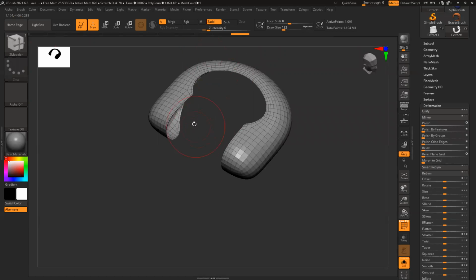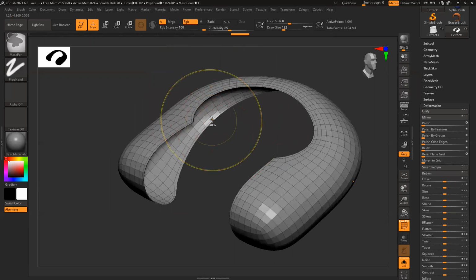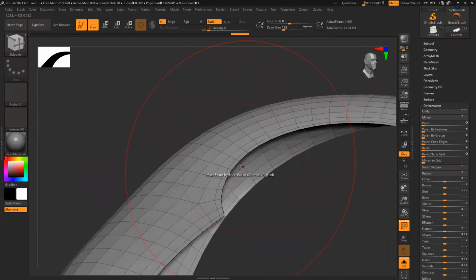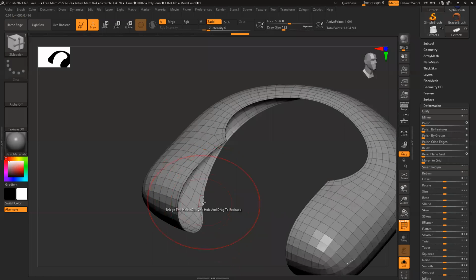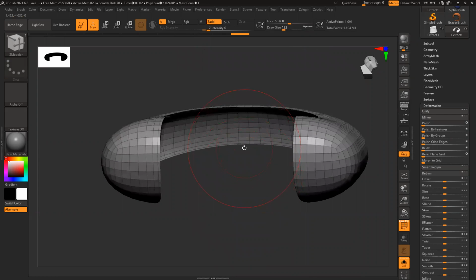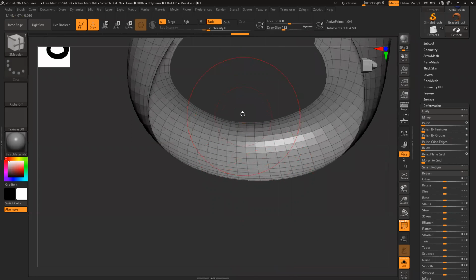Now again, same thing, Z modeler. Oh, switch off symmetry. Why it's not working?